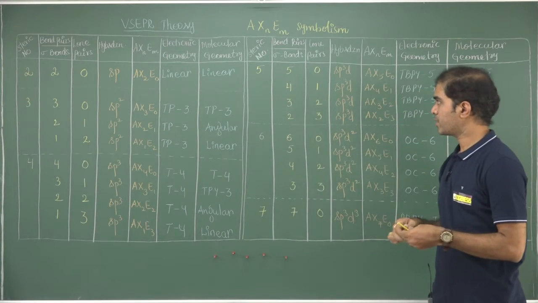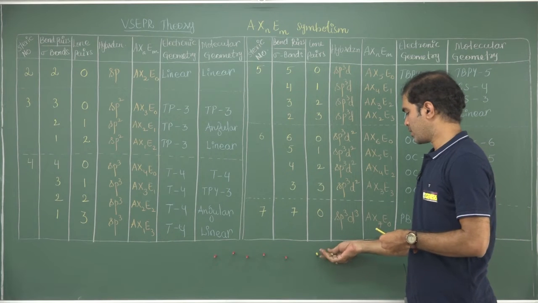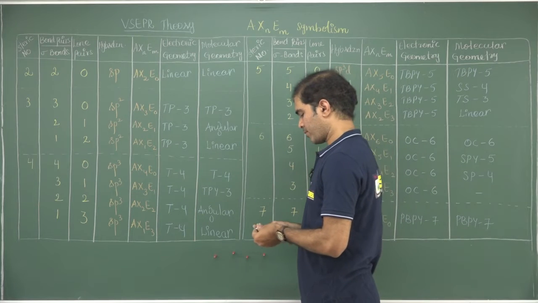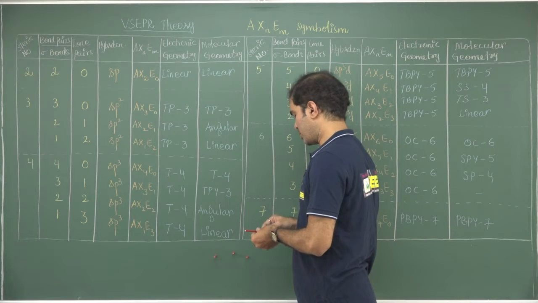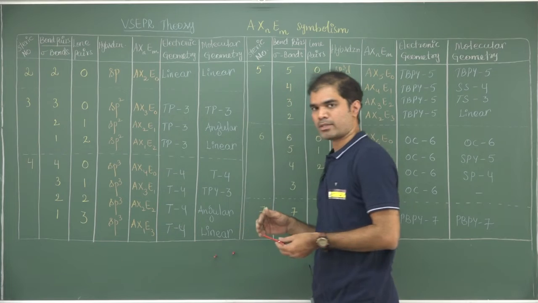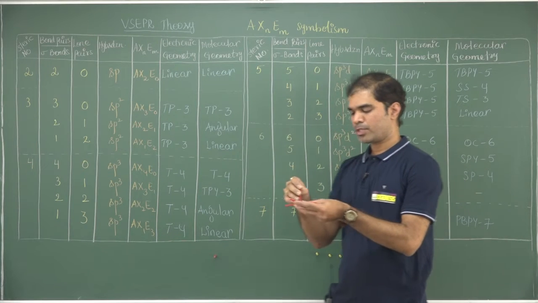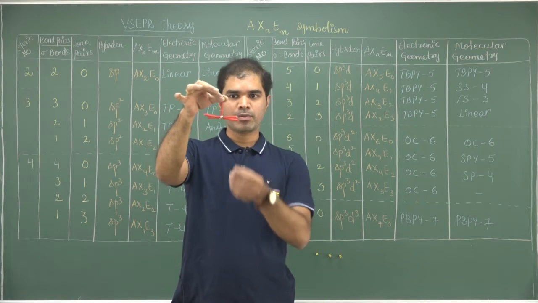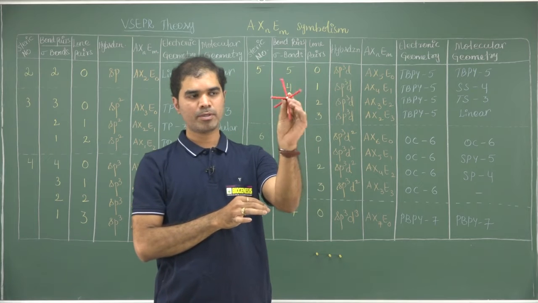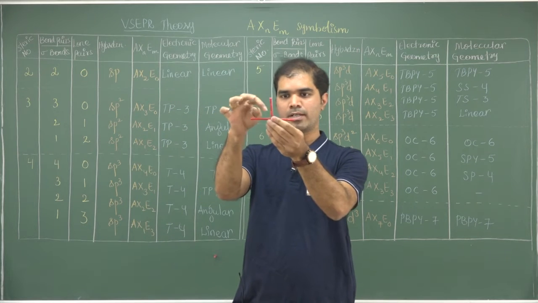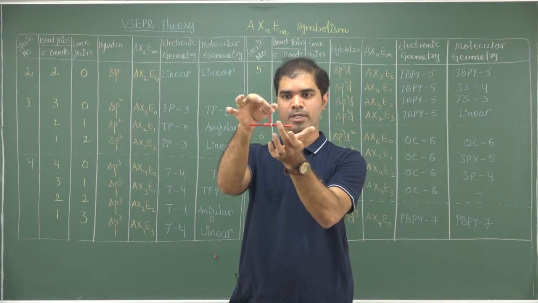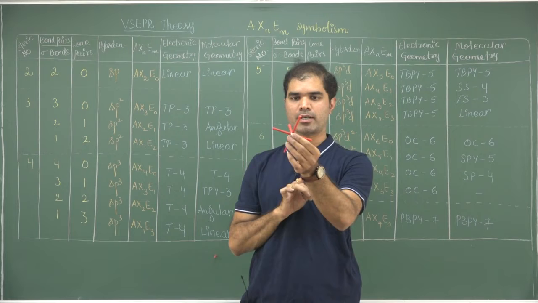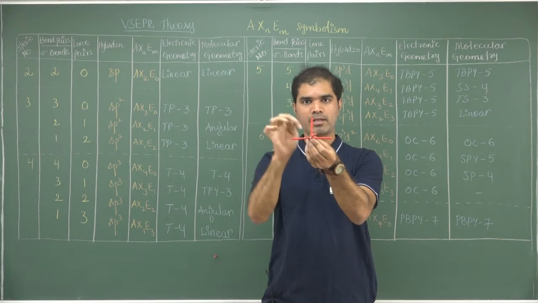Getting to the next one, where the steric number is 5. For steric number 5, you could also have a square pyramid geometry, but in square pyramid geometry, the steric repulsions are high. Supposing that I am choosing a square pyramid geometry for a steric number 5, within this geometry the bond angles are 90 degrees in these 4 ligands. So repulsive forces will be large, and even this is making a 90 degree angle with this.